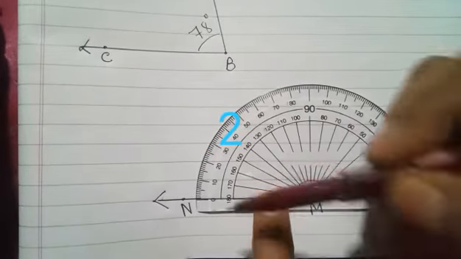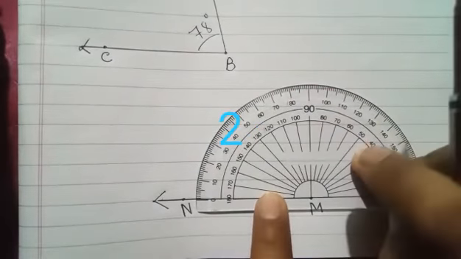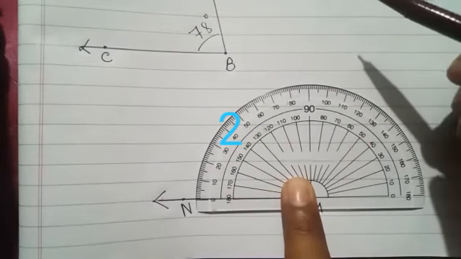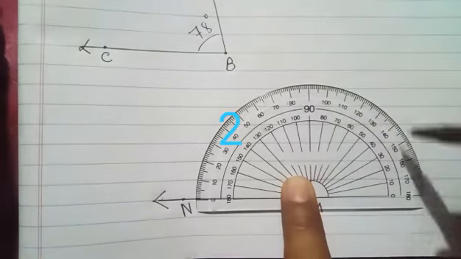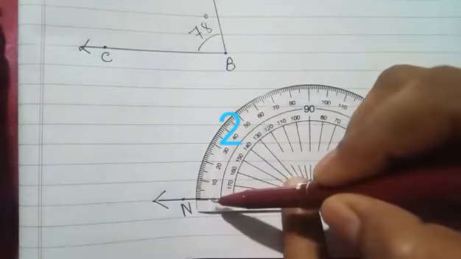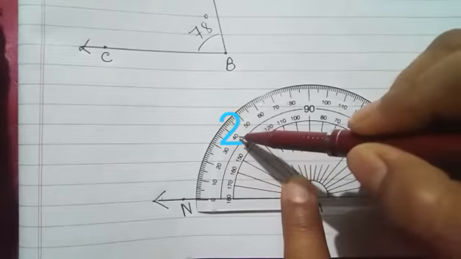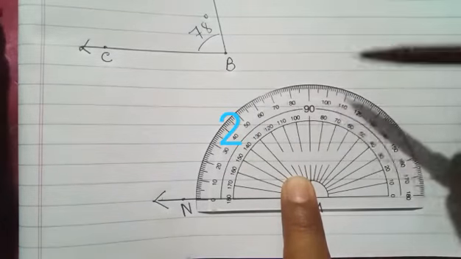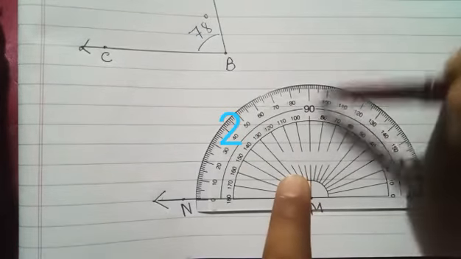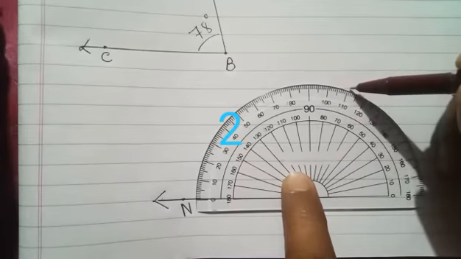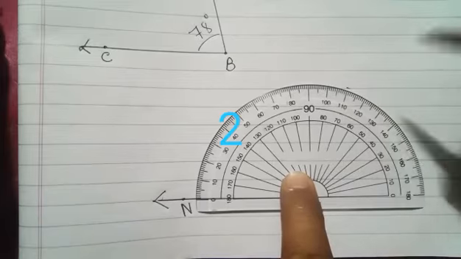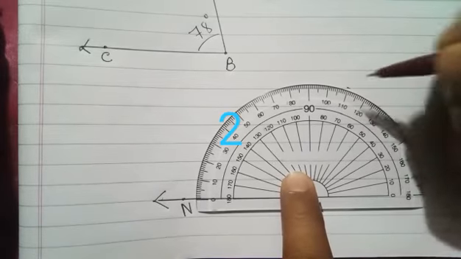Okay, since the arrow of the base is this way towards left hand side direction, so we will consider the upper scale, this one. So where the division 110 is lying in this upper scale, let us find out. This is 0, 10, 20, 30, 40, 50, 60, 70, 80, 90. Okay, up to this much you will get one right angle, then 100, 110. 110 is here in the upper scale.